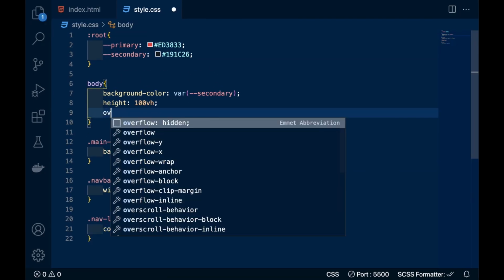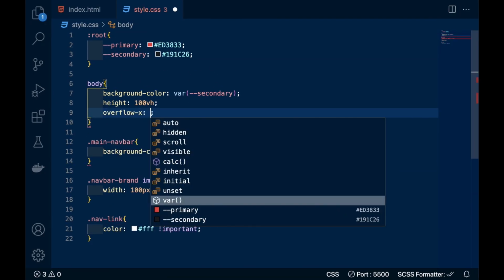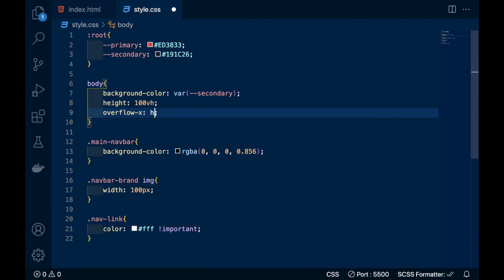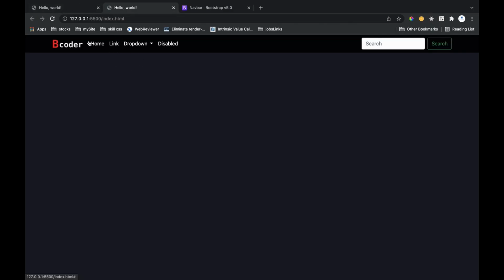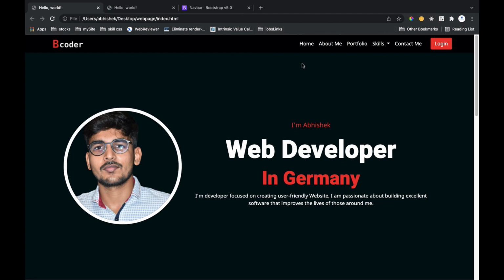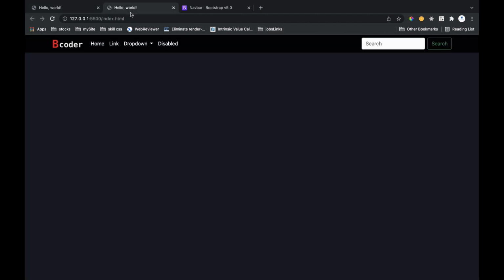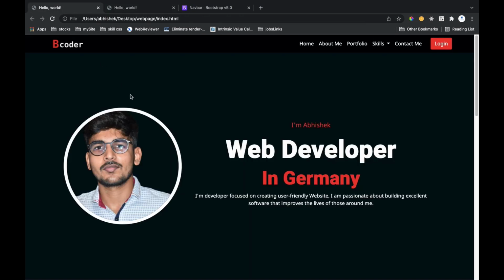So now I will write overflow-x hidden in body, but first of all you can see these are all on the right side of the website, and here it is on the left side. So we have to customize that.